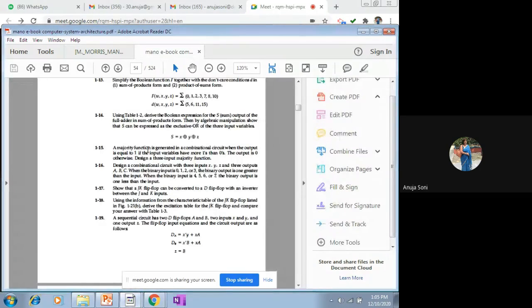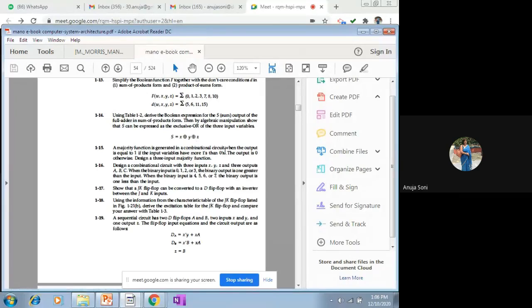क्या लिखा हुआ है? Majority function is generated in a combinational circuit when the output... Here we are going to talk about the output value. Here some kind of hint is given in order to obtain the output value. What hint is that? When the output is equal to 1,